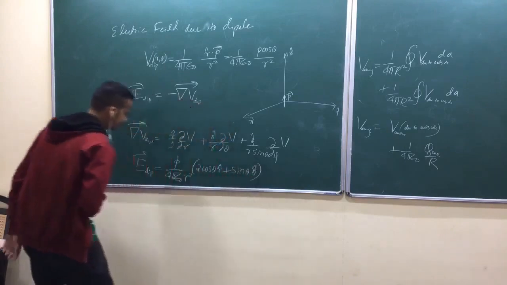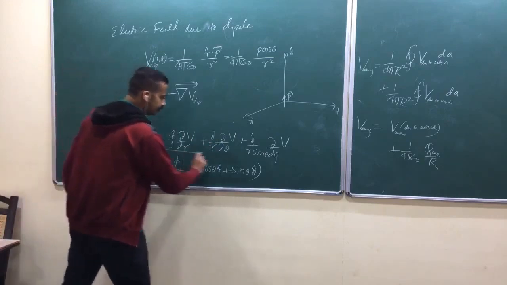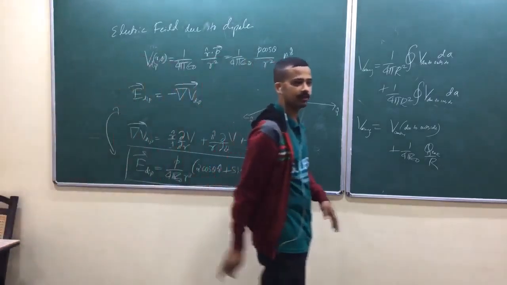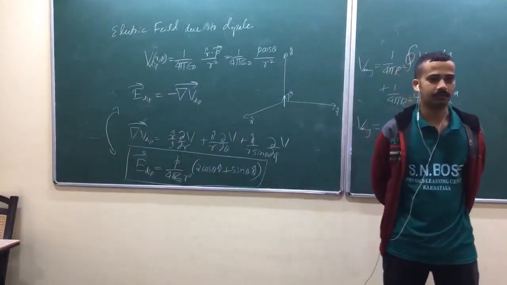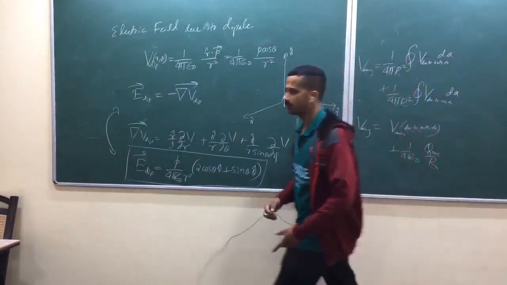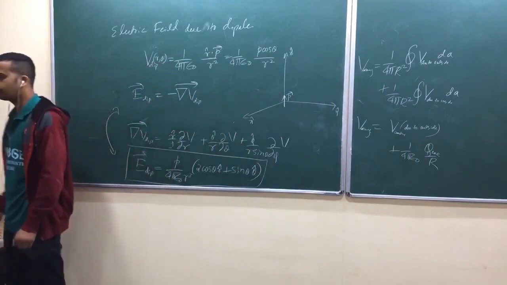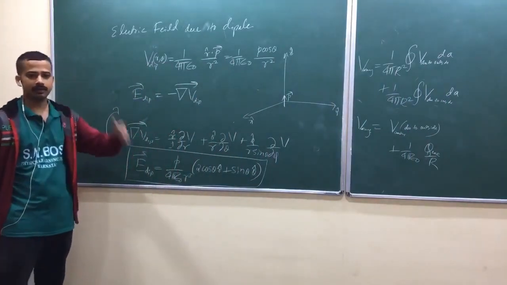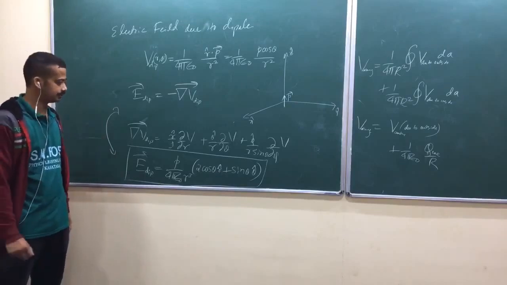Now here, to understand this vector field, you need all coordinate geometry ideas. What is the r cap direction? What is the theta cap direction at different points in space? Because your polar coordinate is very special, isn't it? R cap and theta cap will take different directions at different points in space.